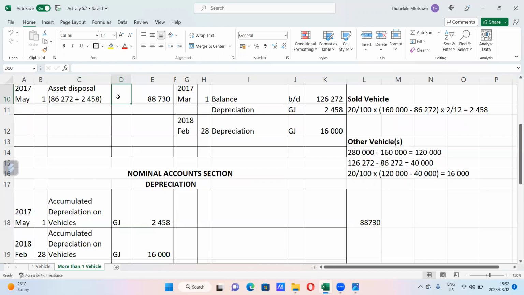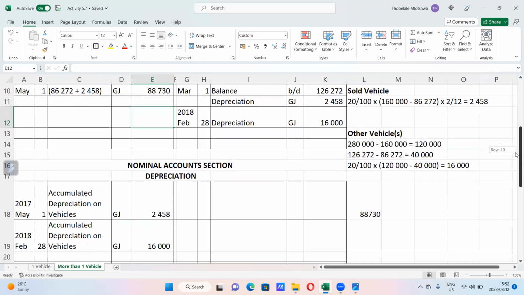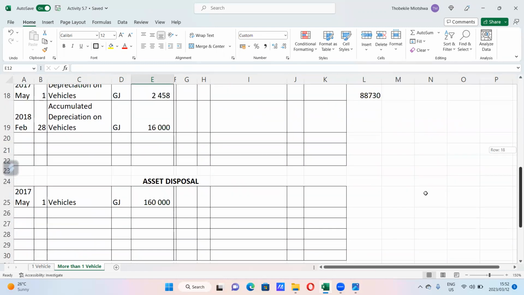on the GJ. And then it is debited here. So which means we are going to credit 88,730. We are going to credit here 88,730, and we are going to say on the same date here, because when we removed it on the same date here, we are going to have